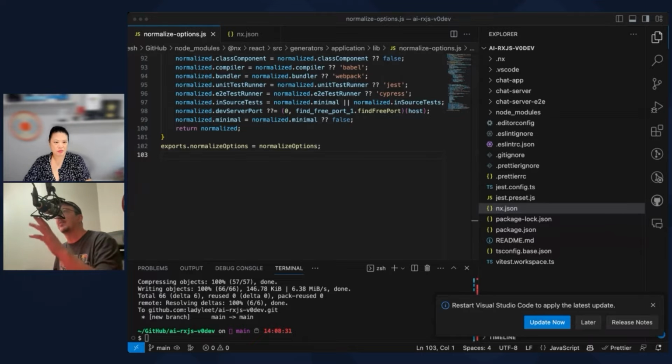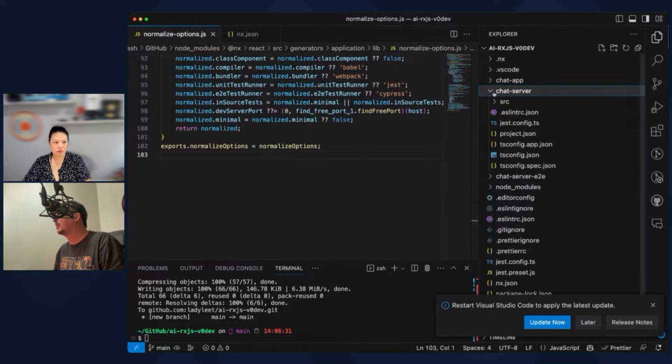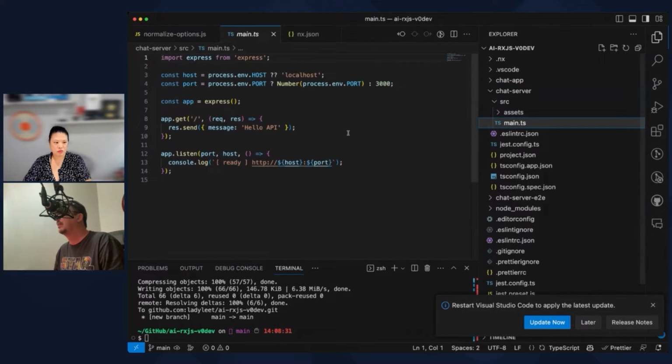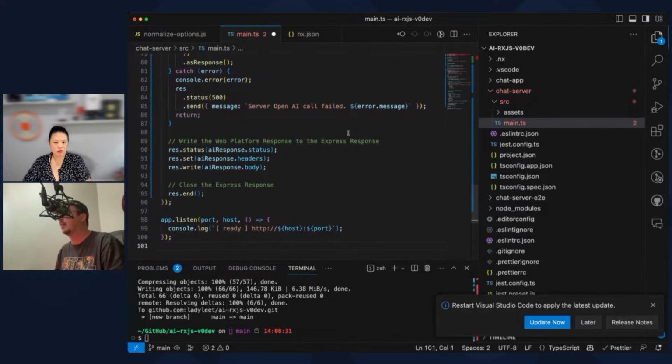I looked it up, chat server, source, main.ts, raw. Let's see. So if I go under chat server source main.ts, and just paste this in here.